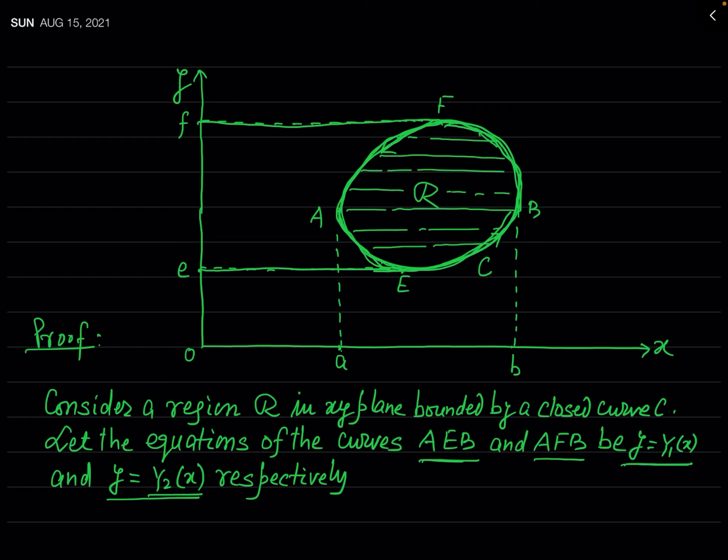So you can see when we will traverse this curve from f to a and a to e, then e to b, and then b to f, it means you are traversing this closed curve once round, but in anti-clockwise